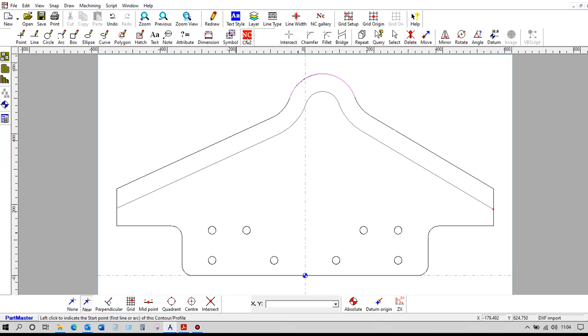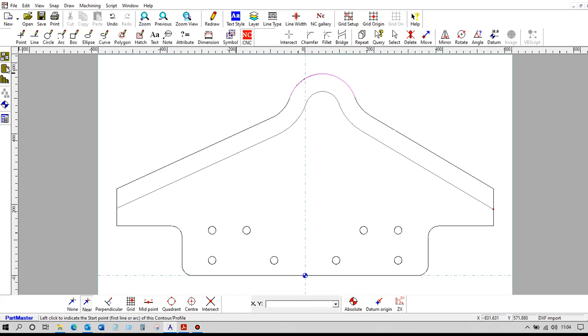So we go into NC contours. We can see that the datum position here is in the center of this part of the shape. If we wanted to, we could create another datum point either at the extents here or the extents at the other end, just using the basic drawing techniques. Okay, so let's create this